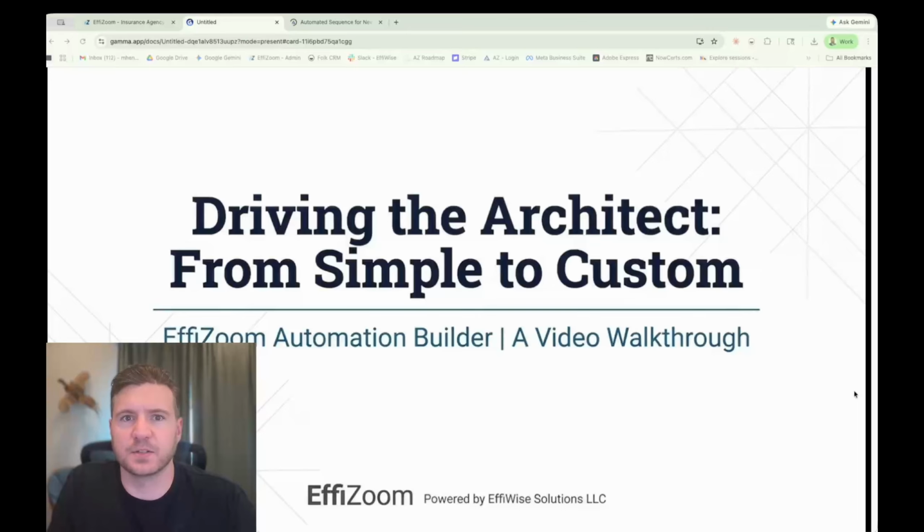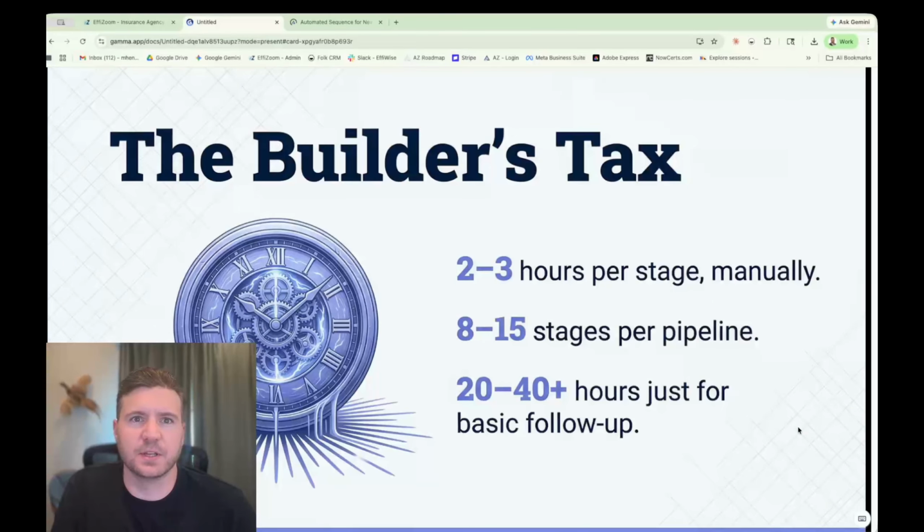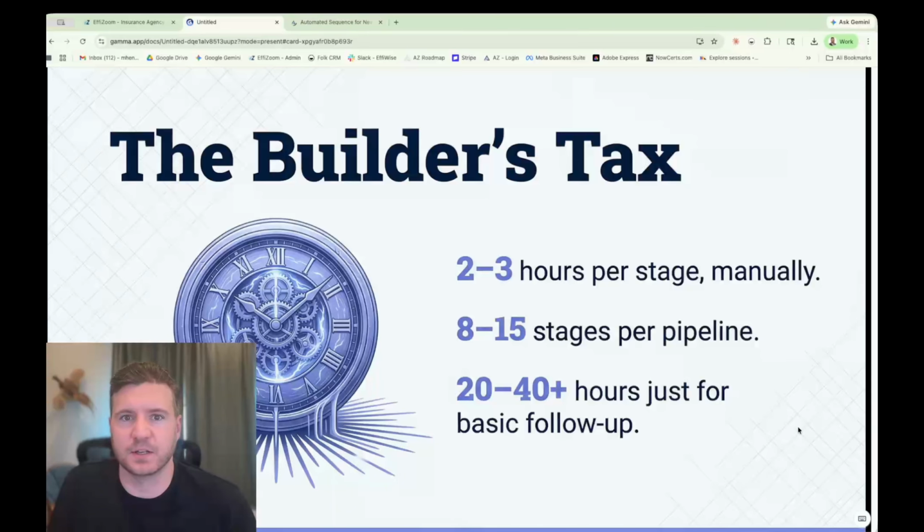What we're going to primarily focus on today is the Architect, which is designed and intended to build automations to live in your AgencyZoom world. If you've ever created automations within lifecycle automations, there's something we like to call the builder's tax. When you go in there and do each sequence, it's going to take 2 to 3 hours to put one together manually. You've got anywhere between, this says 8 and 15 stages. I prefer 3 to 5 myself, but as you get through each of those touch points, you're looking at 20 to 40 hours of building out those sequences